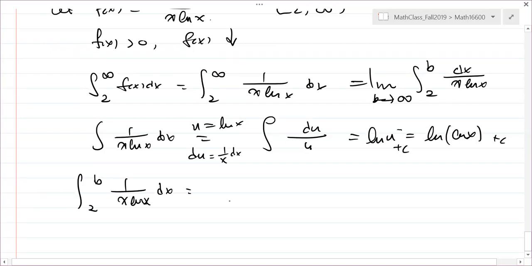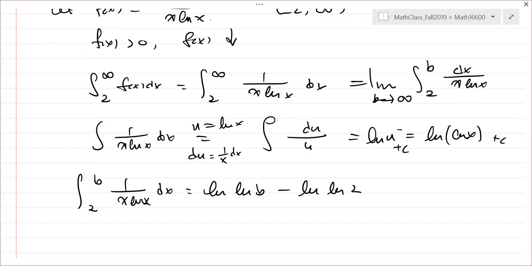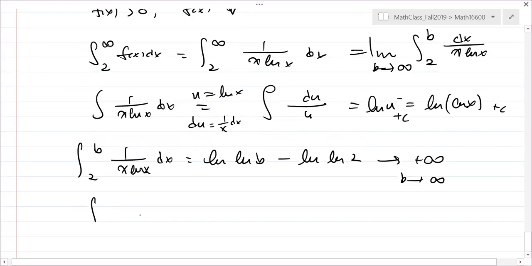It's going to be the entire derivative b minus... And clearly it approaches infinity, because natural log of b approaches infinity. So natural log of b approaches infinity. So clearly it's going to approach infinity. So that means it's divergent. Okay, so that means it's going to be divergent. That implies